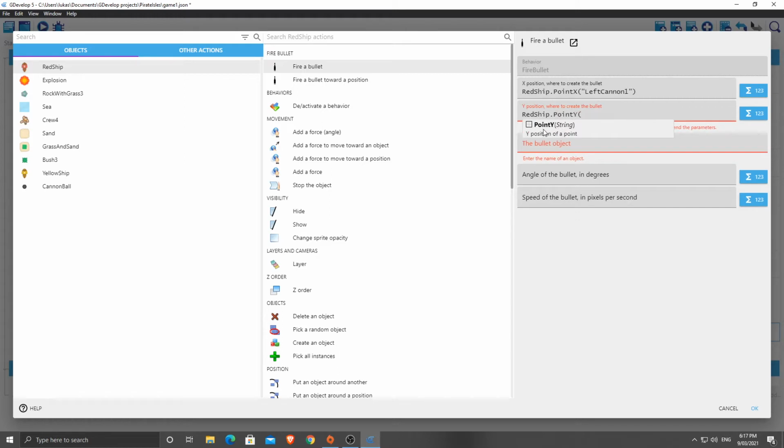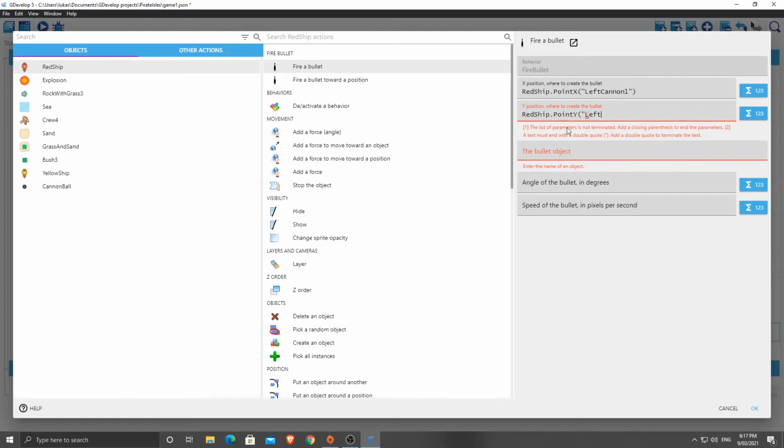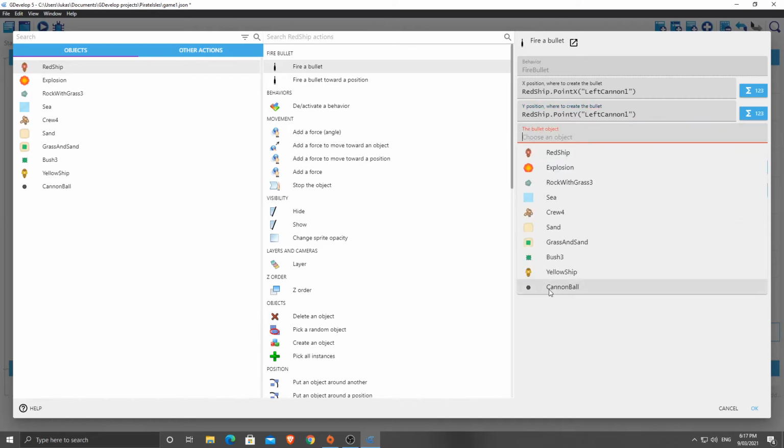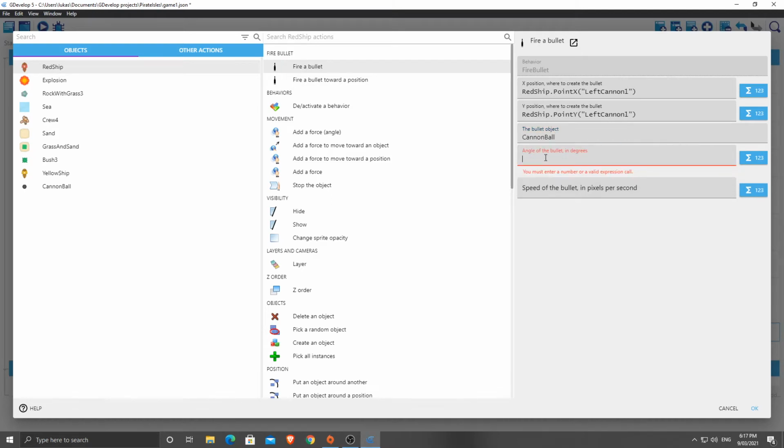And it says in here, point Y needs a string inside it. Now a string always has quotation marks around it. So this is going to be left cannon 1, like that. The bullet object is going to be a cannonball. The angle is going to be